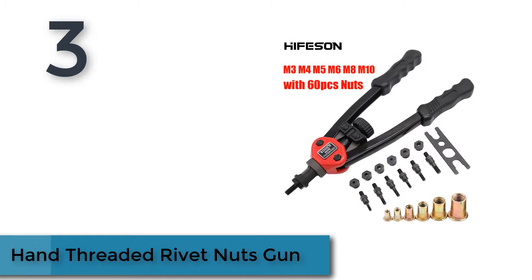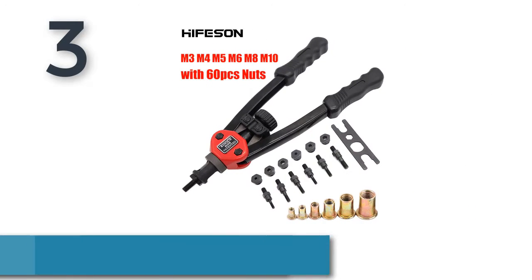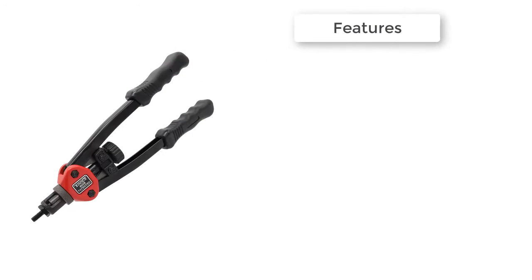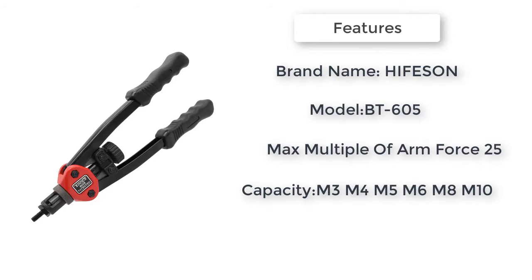Here is the product number 3. Hand-threaded Rivnut gun. Hand-threaded Rivnut guns with nut, 605-606 double insert manual riveter riveting Rivnut tool for